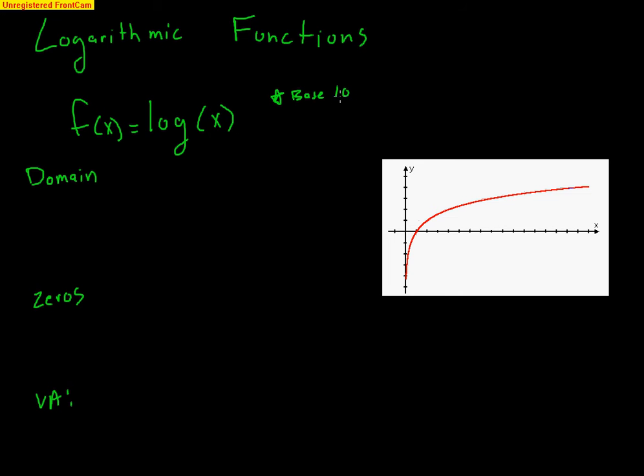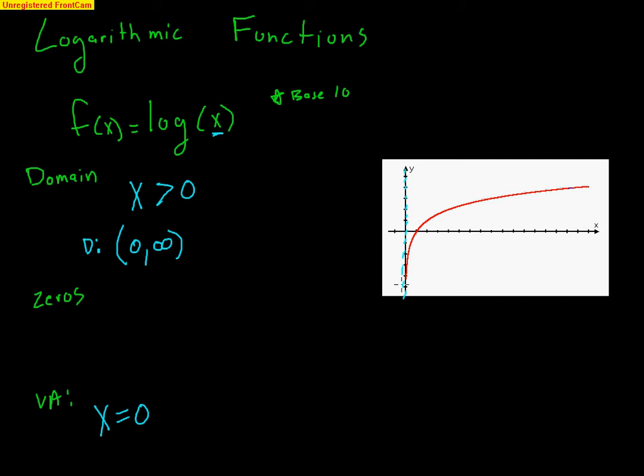This is, of course, base 10, so I put a little star there to remind you this is base 10. So the domain, be careful. Remember, when you're working with logs, the inside x value has to be greater than 0. So x has to be greater than 0, which means my domain is parentheses 0 towards infinity. You cannot have 0, nor can you have negatives inside of logs, which means I have a vertical asymptote at x equals 0. So that means nothing occurs before 0, so there's got to be a vertical asymptote here at